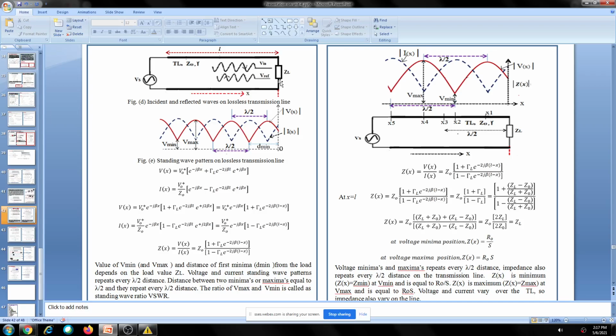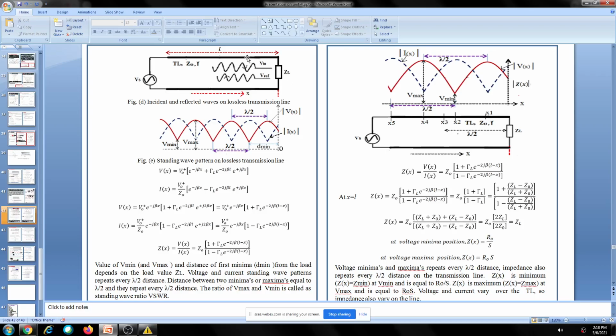That is important here. You see, ZL is there and we are moving like this. You measure the impedance here, it is not equal to ZL. As I have already said many times, do not treat this like a simple short. It is a transmission line. Only at this position is it equal to ZL. If you deviate a small distance and measure the impedance here, it is not equal to ZL. It will take some other value. If you go on moving and measure the impedance, it is not equal to ZL.